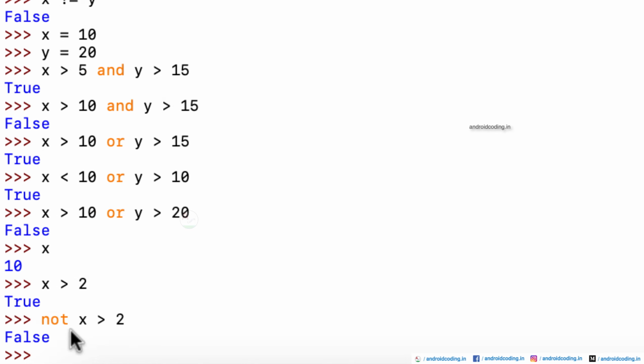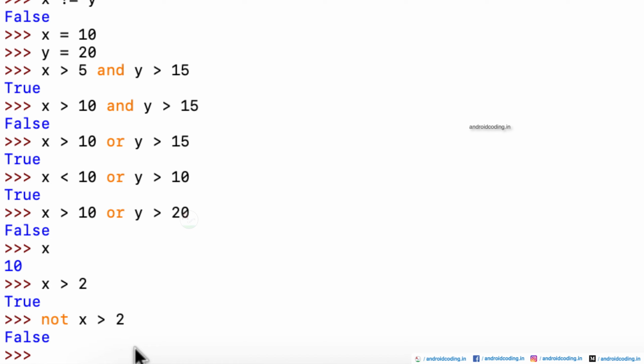Why? Because with the help of the not operator you are reversing the operation. So if it is true you are making it false, and if it is false you are making it true. So this is the use of the not operator. If the value of x is true it will return false, and if the value of x is false it will return true when you use the not operator.